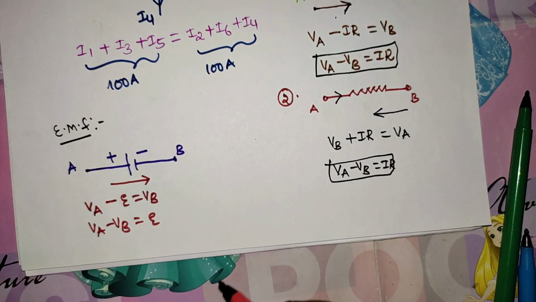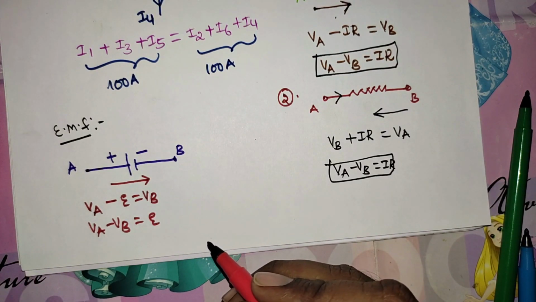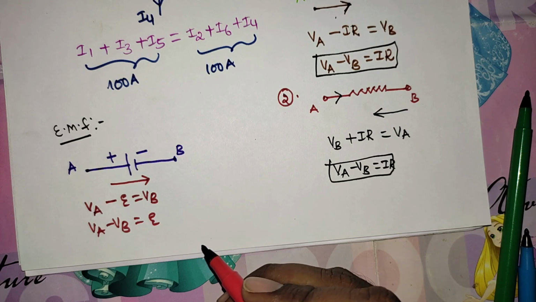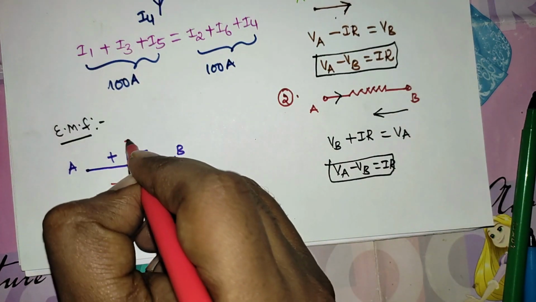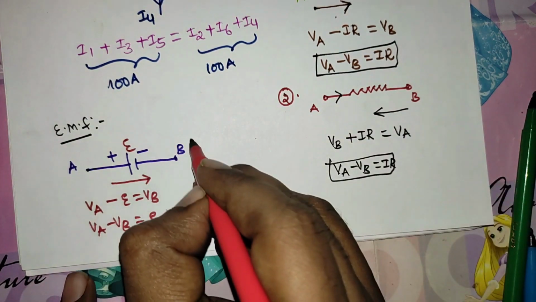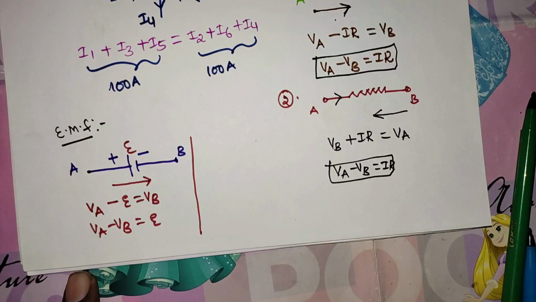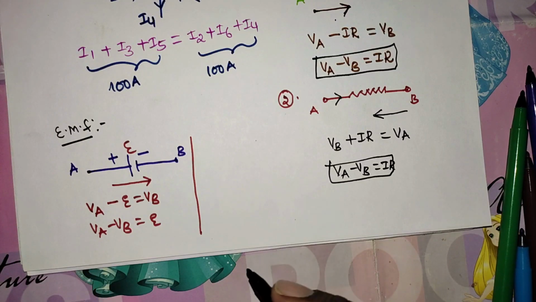But the best example: suppose in the previous exam you got 70, and in the next exam you get 50. That means the previous exam score was high and your score is now less, so you are moving from high to low. At that time it acts as negative. In the same way, EMF can also be taken as negative. Suppose, in the second case, in the previous exam you got 50, and now in the present exam you get 70.